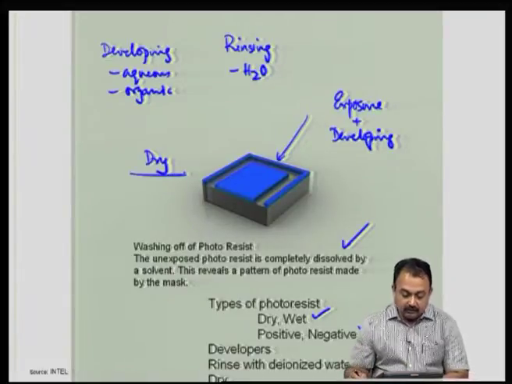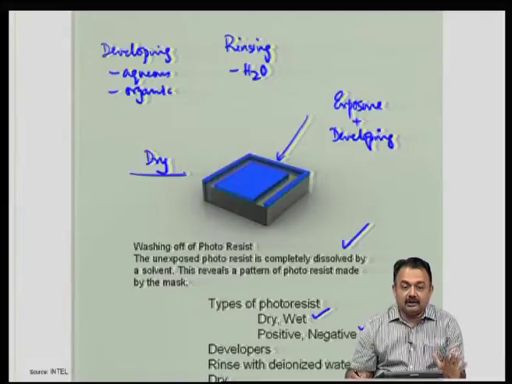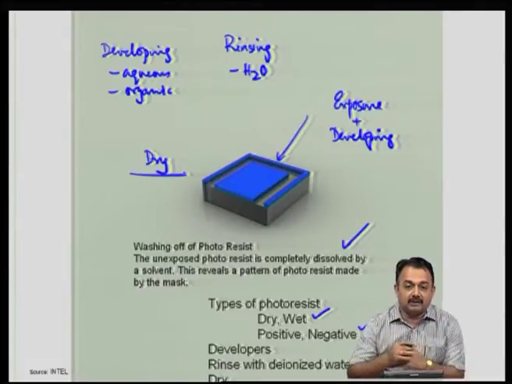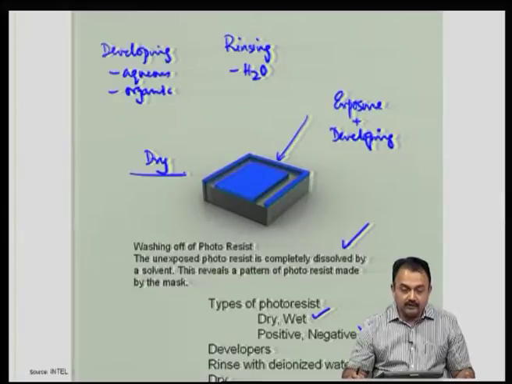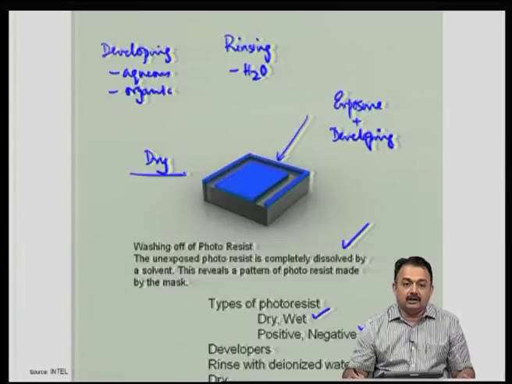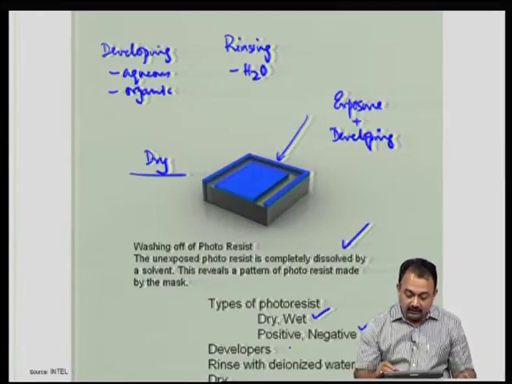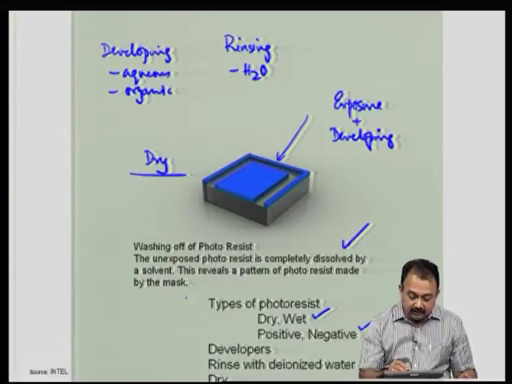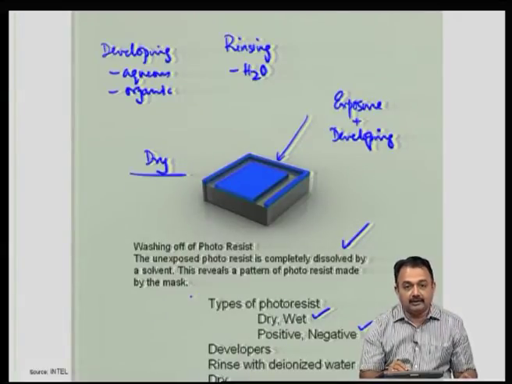Okay. So, a combination of exposure, developing, rinsing will give you one complete set of a process in the manufacturing or in the imaging sequence. Now, if you use a positive photoresist or a negative photoresist, then the developers will change. So, I am not going to spend too much time on this. We will discuss types of photoresist in the PWB technologies section, because these are very similar processes.